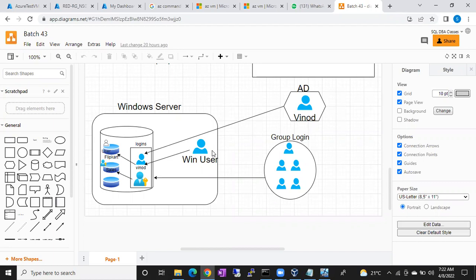After that, we go to SSMS, open it, and create a login with Windows. Very good.